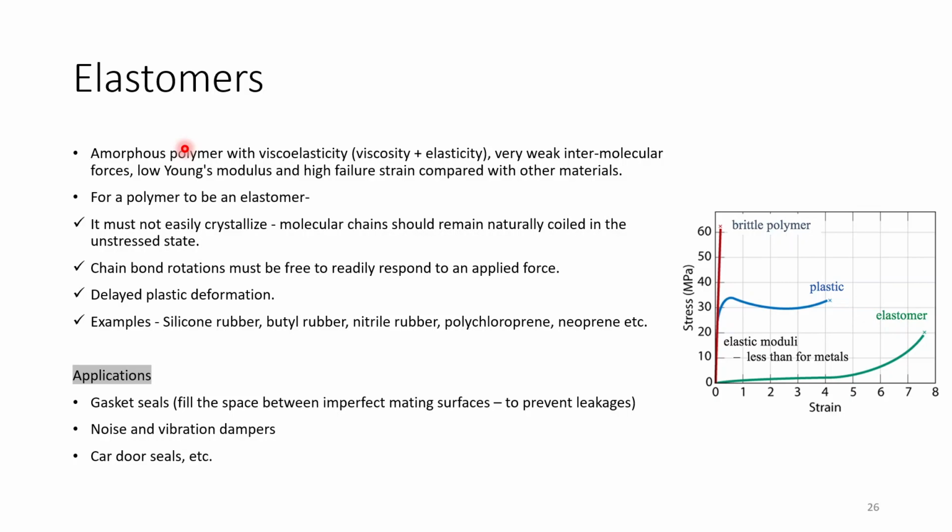This is the behavior of polymers, and it shows there are different behaviors of polymers based on their molecular structures. In some cases, if they are brittle in nature, then they will show very low ductility, and they can have very high ductility when they are in the form of elastomers, and if they have certain crystallinity, then they show up as plastics. They can show this type of behavior, but they will always have an elastic modulus less than metals.